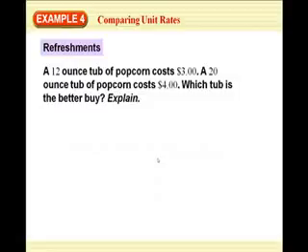And this is where I was saying I use this in the store to compare how much things cost. A 12-ounce tub of popcorn costs $3. A 20-ounce tub of popcorn costs $4. Which tub is the better buy? So if you look at this one, let's put the money on top. $3 for 12 ounces. Over here, $4